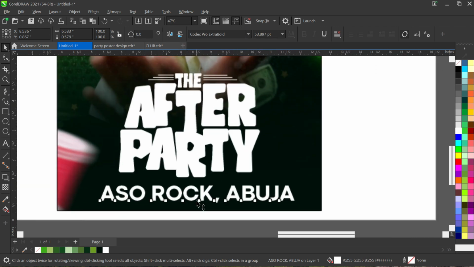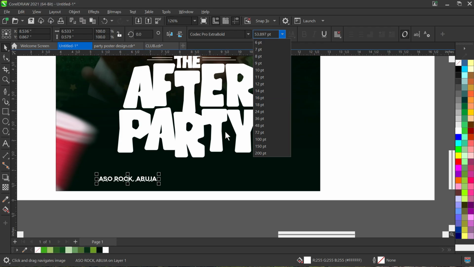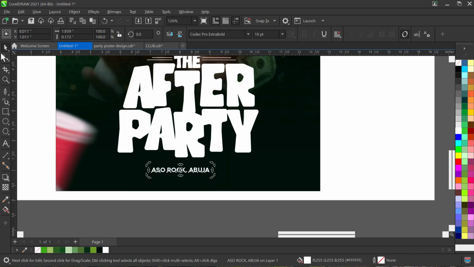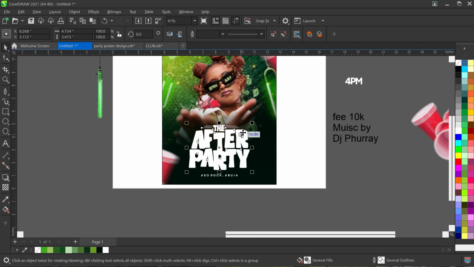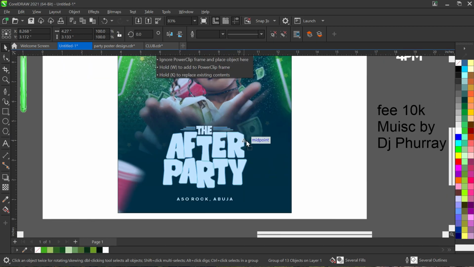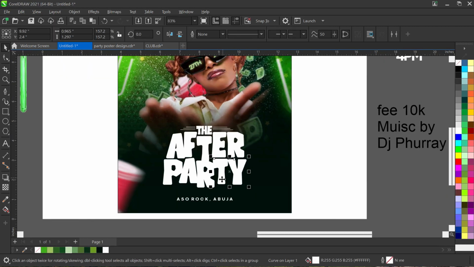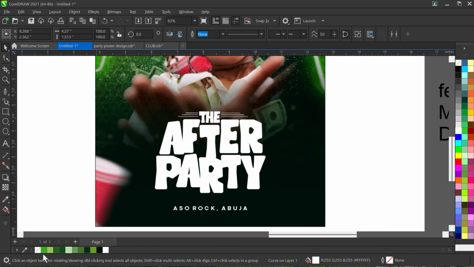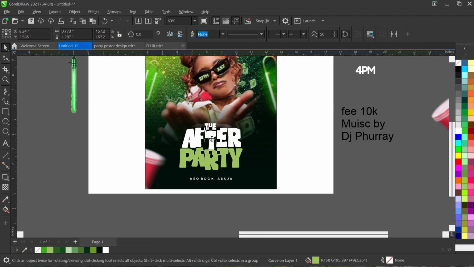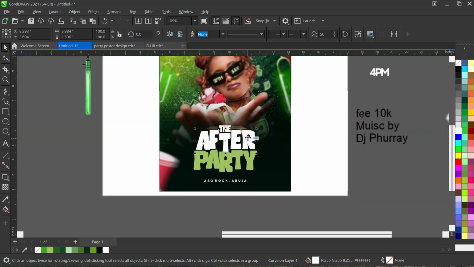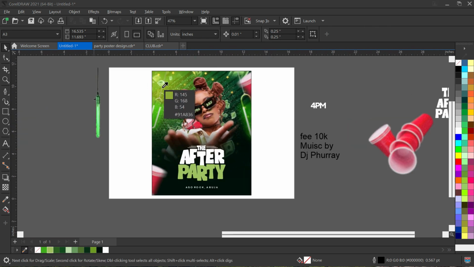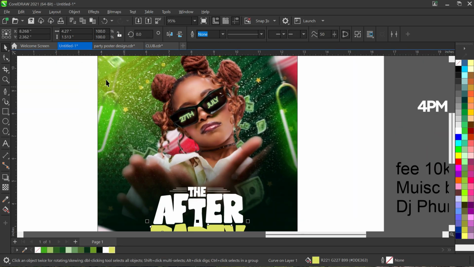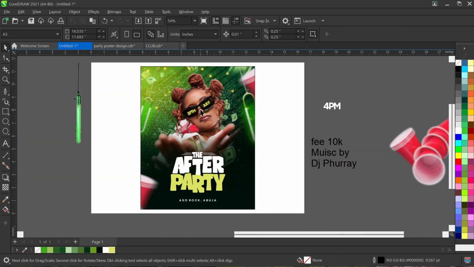Then we have the venue. The venue here, just reduce the venue, put it there, increase the space between the letters like that, and have it in the center down there. So what you just want to do is ensure this is positioned properly. I want to change the color of this party. So let's just select color from the background here. Then we'll add to that way. So after party,